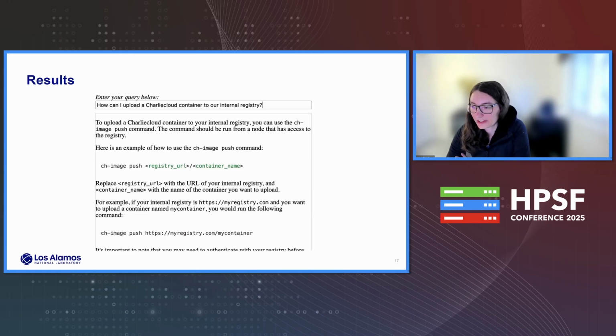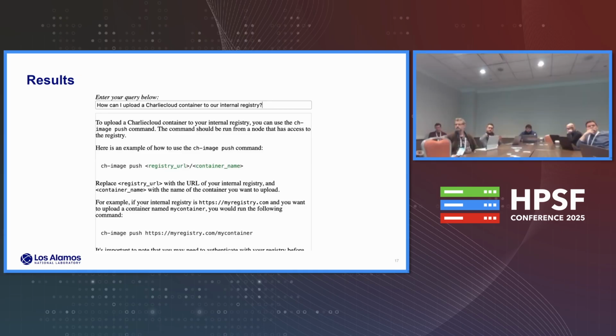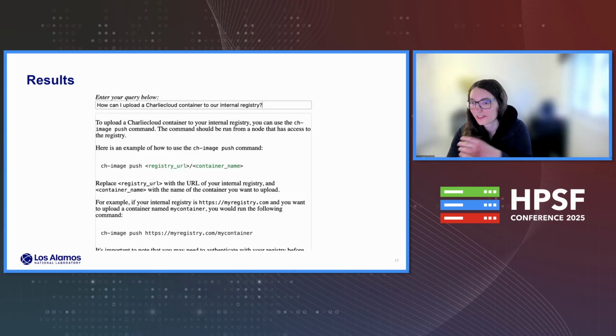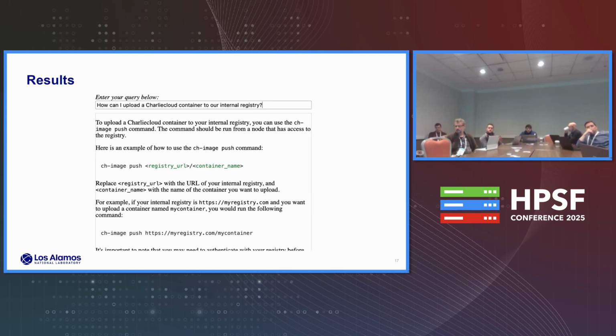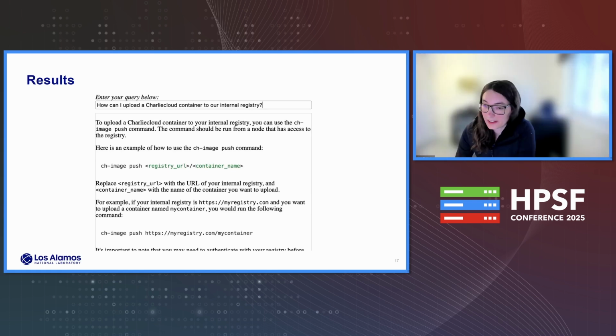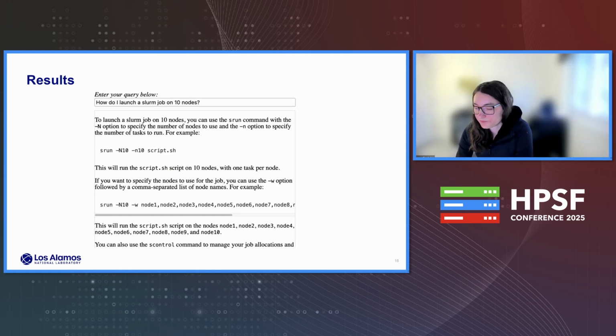So maybe there are adjustments that can be made to the system-level prompt, or the context length of the model, or endless other things you could tweak. Maybe a larger model would give a better result. And we'll see later that some of the answers go the opposite direction. They're too short. They don't give you enough information.